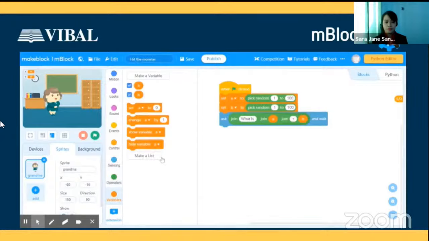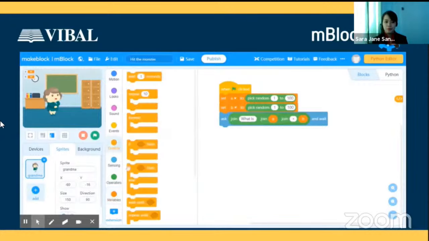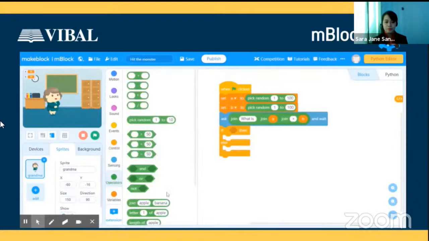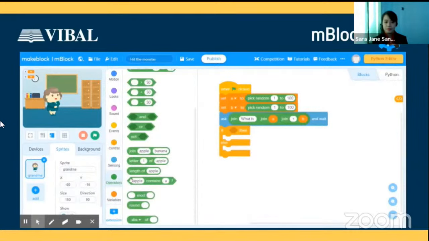Now, for the next part, kapag sasagot naman na si student, ayusin natin yung script for that one. Now, from control, get if then else. Yan. Pasok natin siya dyan. And then, kunin natin sa operators. Etong apple contains A. So, shoot natin siya dyan. As you can see, may mga shapes sila. So, kapag hindi ka shape, hindi siya pa pwedeng ipasok. Now, okay.